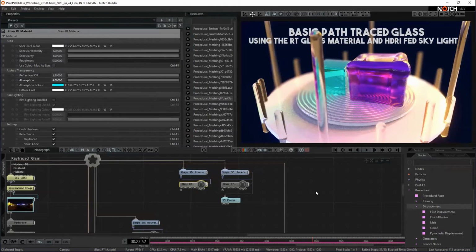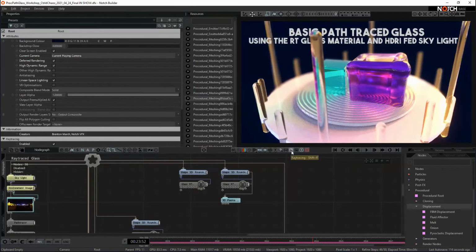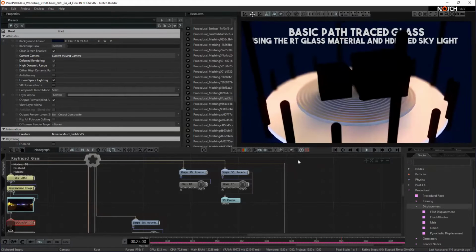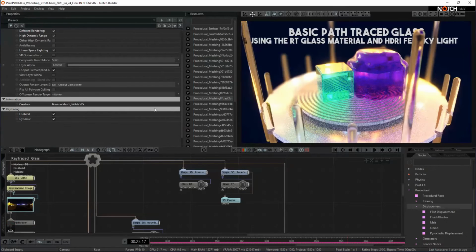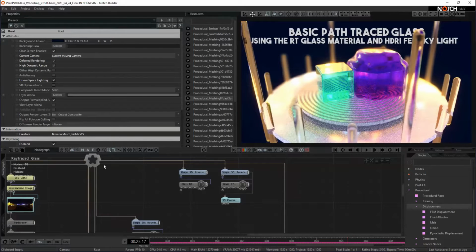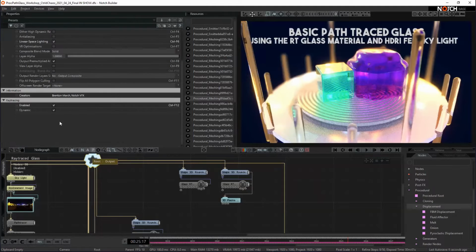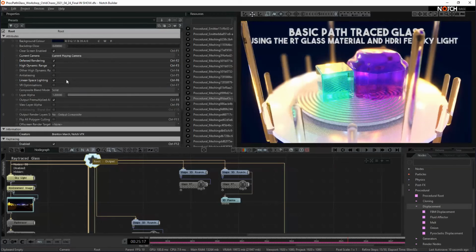So with ray tracing enabled inside of Notch, this is the button up here. You'll need to enable ray tracing here. You can also do it inside of the node root of your scene. So if you click on your root, scroll to the bottom and enable ray tracing. To get to this effect, you'll also need to enable deferred rendering. And for good measure, I've turned on high dynamic range and linear space lighting, just so I can get it